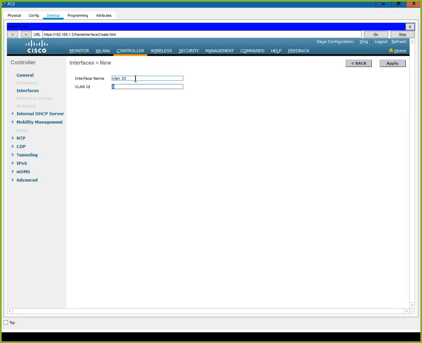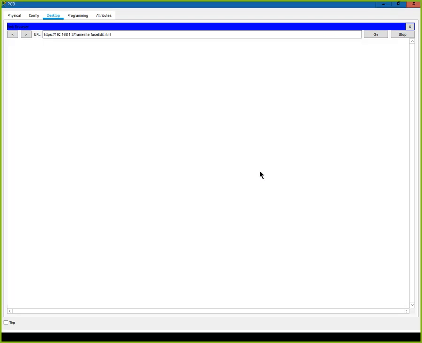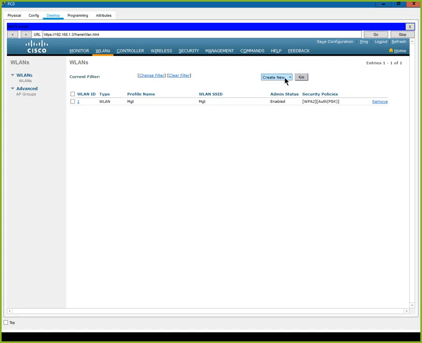and this will be VLAN 20, and VLAN ID will be 20, and we'll apply it just to see if we can get these things here. We're still going to be on port 1, and we had the multiple 4 ports there that we could use. The IP address 192.168.20.2, 255.255.255.0, 192.168.20.1. Apply that, and now we need to go here to our wireless LANs, and we're going to create a new one,